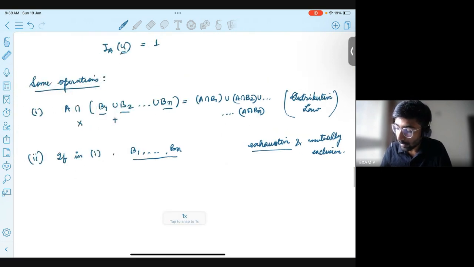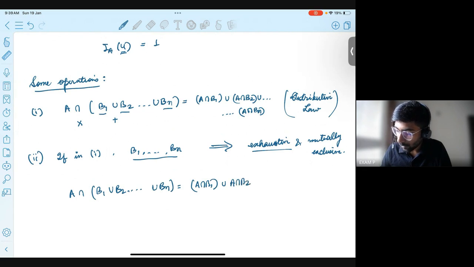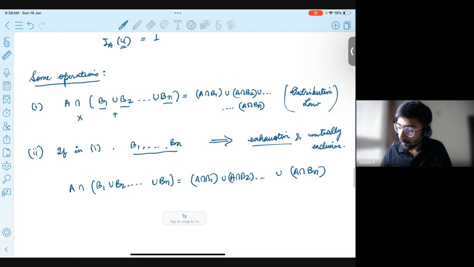So now if these events are exhaustive and mutually exclusive, then if you take A intersection, B1 union B2 union Bn, which is ultimately A intersection B1, as we have written above, union A intersection B2, and then a union of A intersection Bn, right? What is special about this? When you impose this extra condition, that they are exhaustive and mutually exclusive,